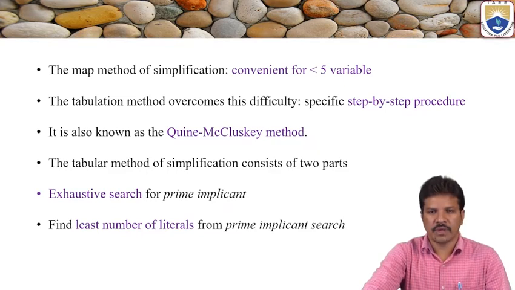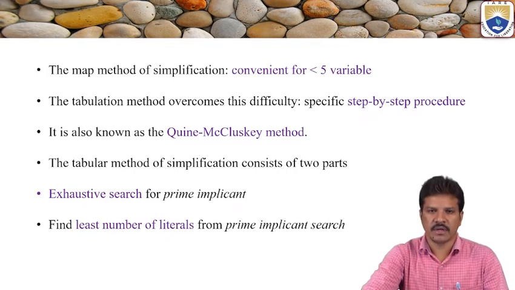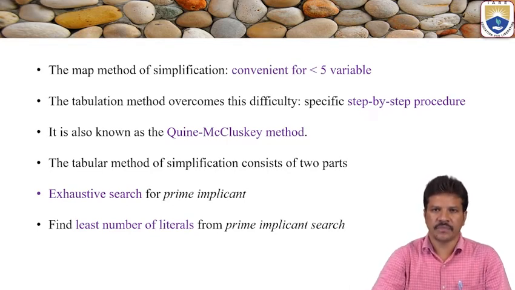What if there are more than 5 or 6 variables? It is somewhat awkward and difficult to search for the adjacent ones, shape the prime implicants, group them, and then minimize. So in order to avoid this difficulty, we can go with